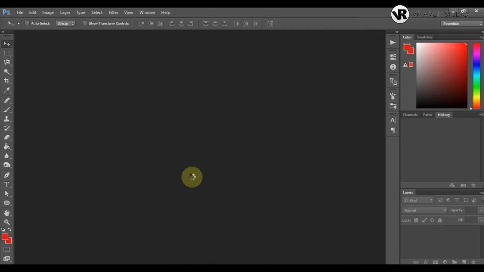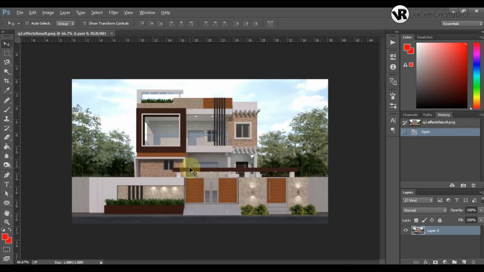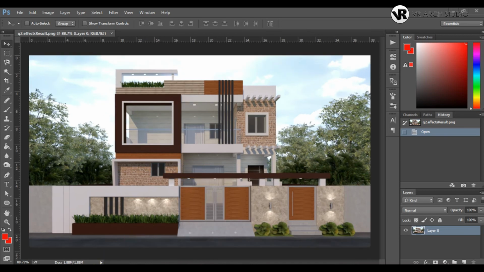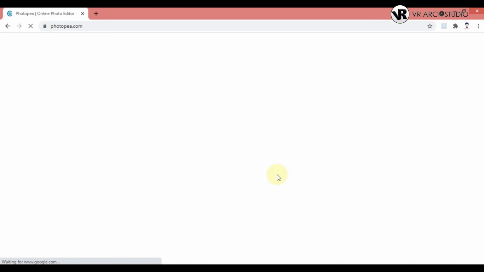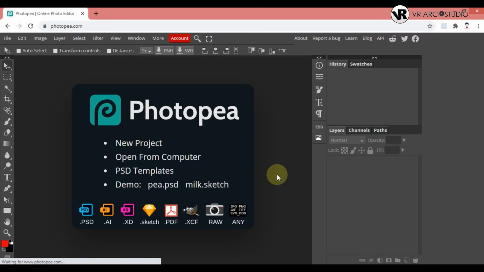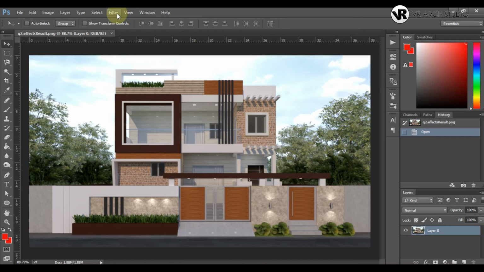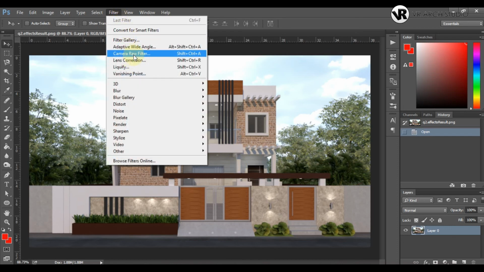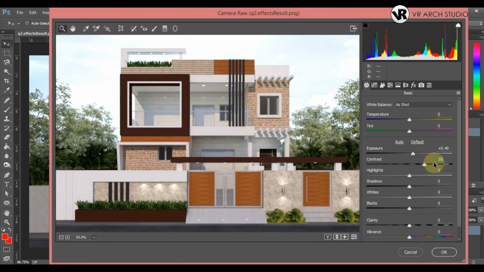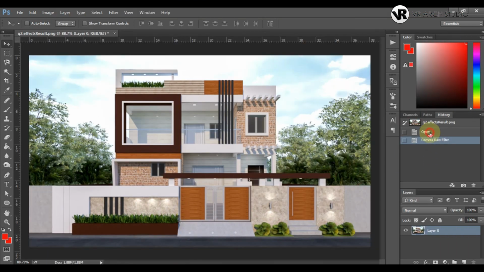Now we shall edit this in Photoshop. Upload an image here. For those who don't have Photoshop, go to Chrome and type photopea.com. The user interface is almost equal to Photoshop. You can tune your image with the help of brightness and a few adjustments available in this website. Go to Photoshop, in Filter, select Camera Raw Filter. Change the values here by adjusting the brightness, contrast, highlights and other settings until you get a clear image. Once done, click OK and save your file.